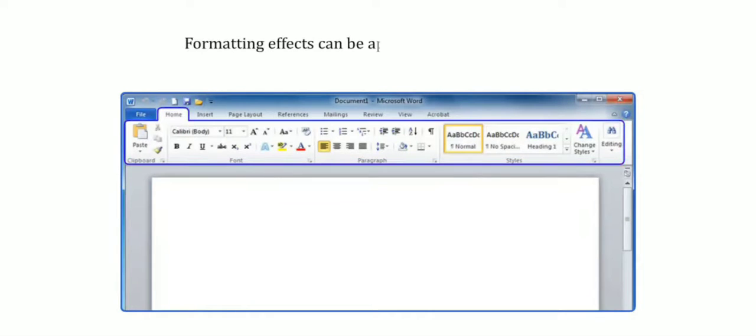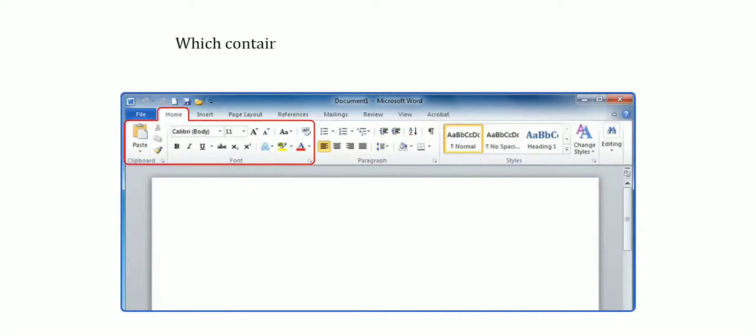Formatting effects can be applied using the Home tab, which contains font commands in the font group, or else you can also use the paragraph options in the paragraph group.